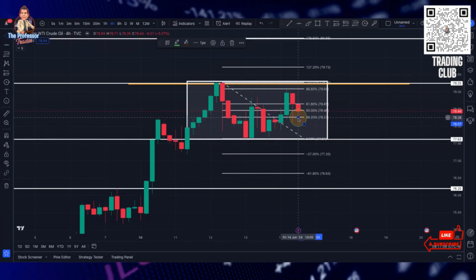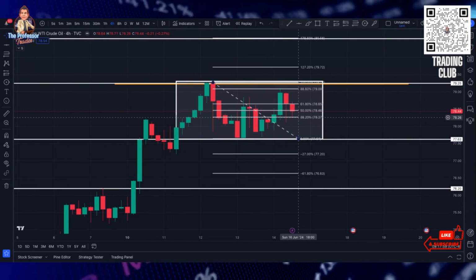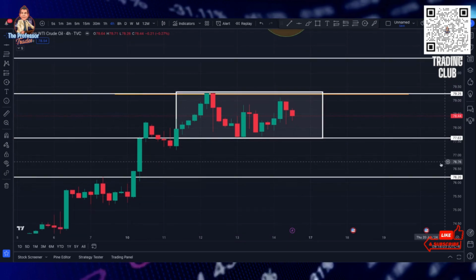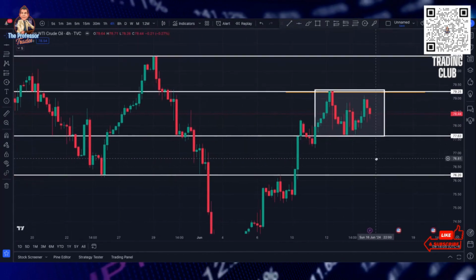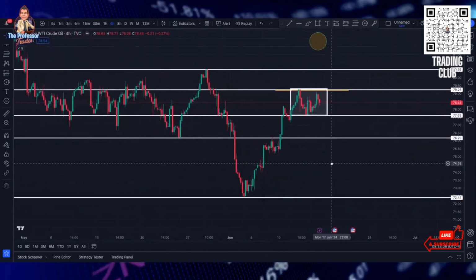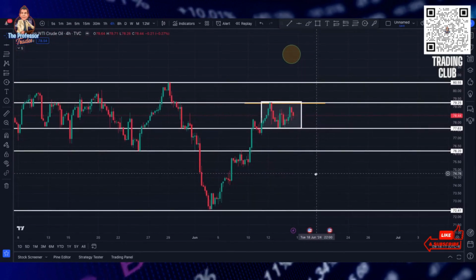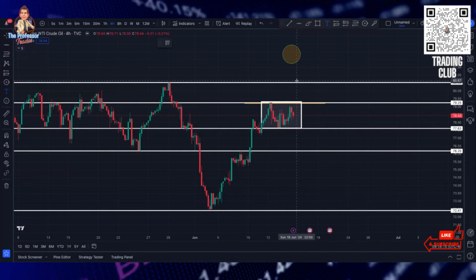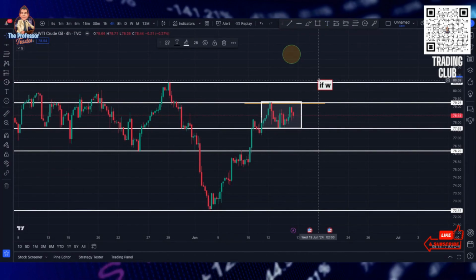So again, you are looking at this area here. I'm going to get rid of these fib levels now, and we're going to begin to dissect where we are at. Again, we're going to start looking at this 30,000 foot view now as we're looking at price action. Okay. So the first thing is that I'm going to put this up here at this spot right in here. Okay. If we break